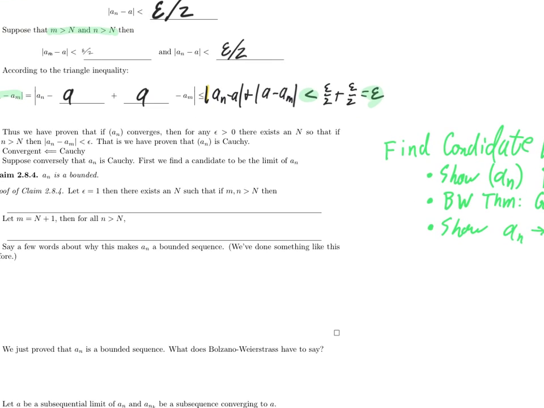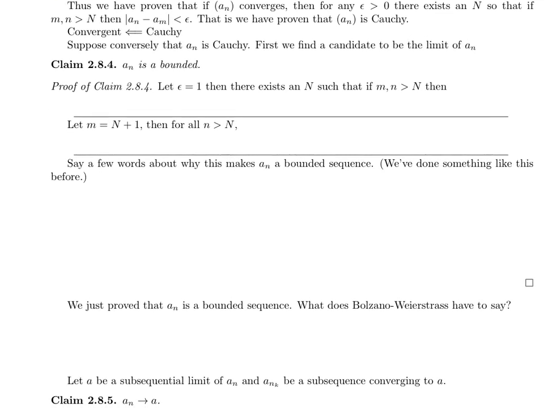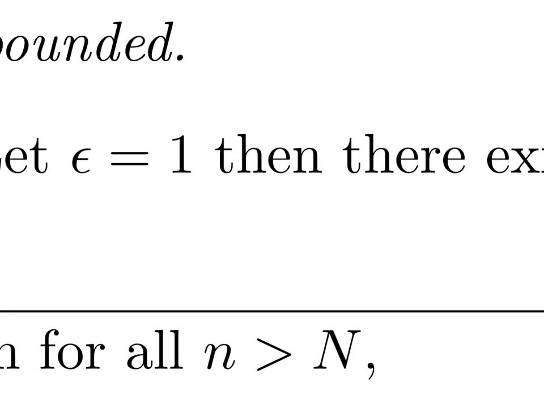Step 1, show a sub n is bounded. Claim 2.8.4, a sub n is bounded. So this will feel a lot like the proof that every convergent sequence is bounded. Let's go ahead and do it then. Just like in that proof, I'll use a sloppy choice of epsilon. Let's take epsilon equal to 1, because that's a positive number, and because